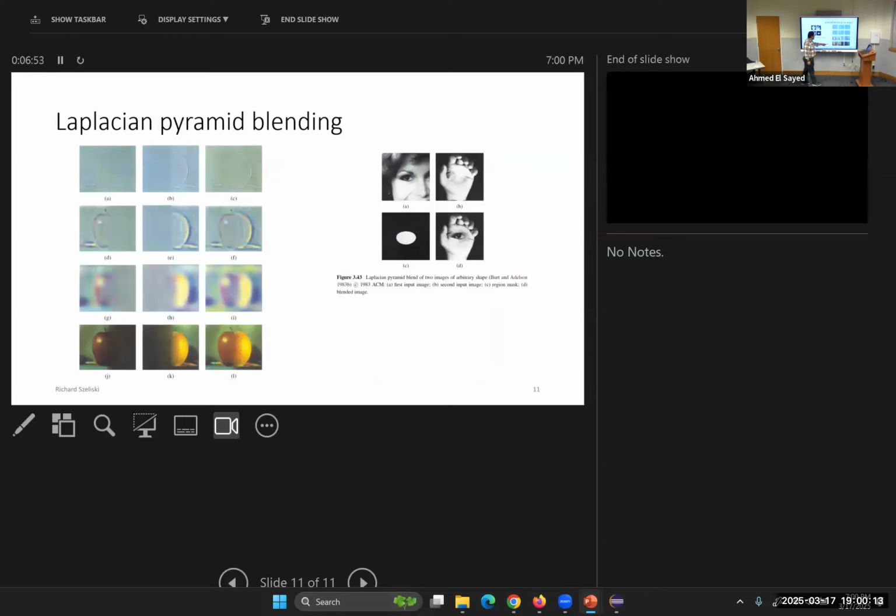Okay? So using this Laplacian pyramid technique, I can merge any two images that's not homogeneous and not match with each other, by building Laplacian pyramid for each part of them, then reconstruct them back. Using this technique, I can, for example, put an eye inside the hand. Or if you recall from lecture number 1,